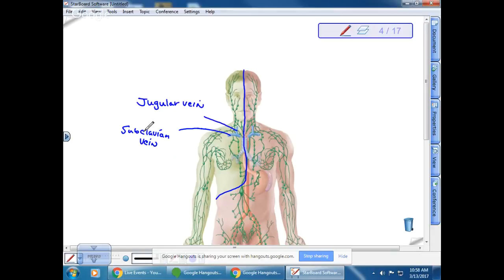So the left side is the side of the body that carries all of the lymph that includes the lymph that is taken from the digestive tract. So here, this would be showing where it's going to the small intestine, and here's going to the stomach, right? And actually all the lymph from your legs also comes up the right side of the body rather than the left side of the body, okay?